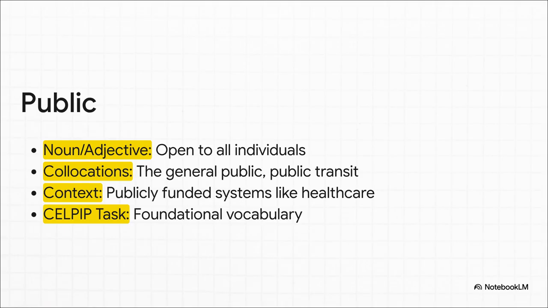Adjective, public. 公开的,公共的. This word is just completely foundational across all sections of the test. Think of collocations like the general public and public transit. But more importantly, the concept of publicly funded systems, like universal healthcare, is deeply ingrained in Canada. The test often explores themes where journalists or regular citizens argue that more information must be made available to the public simply because people have an inherent right to know.